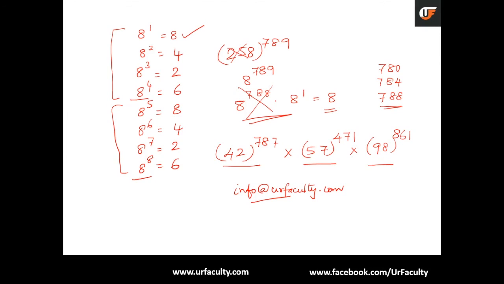Let's say in one place you get the answer as 7, in the other place you get the answer as 8, and in the other place you get the answer as 4. What you need to do is 8 4s are 32, so 2. 2 into 7, again 4 into 7 is 28. Ignore this. You are left with 8. 8 into 8 is 64. The answer is 4. I'm not saying this is the answer for this, but typically you will end up with this kind of numbers, and then you just need to multiply and do it.